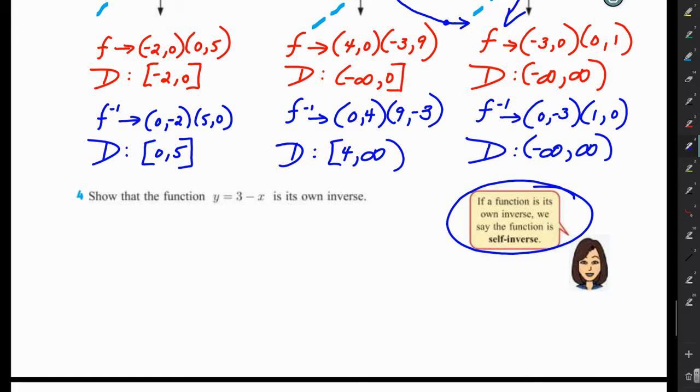Right, so we want to just find out what the inverse is, and it should end up being 3 minus x, just like the original function. So our inverse function is going to be x equals 3 minus y. Solve for y. So we get